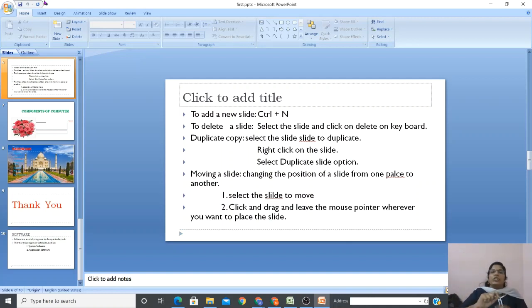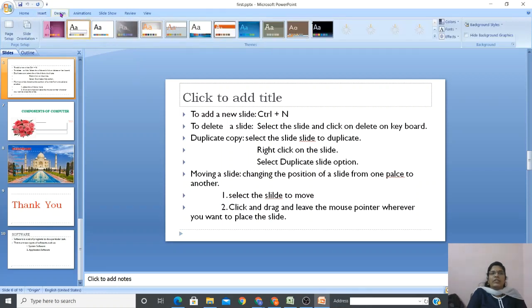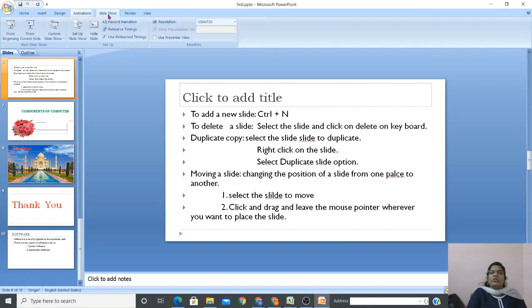And every time you open the almirah, then open the locker and take the box, and after using it, open it again and keep it inside. Will you do that? No, right? So we always keep things within reach, for easy access. And here you can see many commands for each tab. If you click on the insert tab, you can see many commands. If you click on the design tab, you can see many commands. Animation also has many. So for each and everything you have many commands.